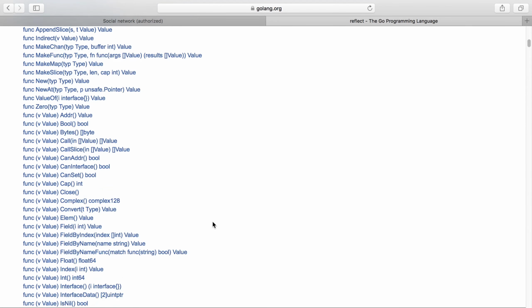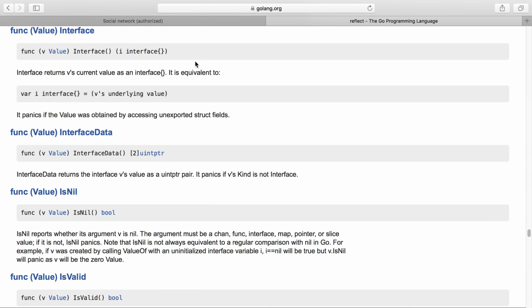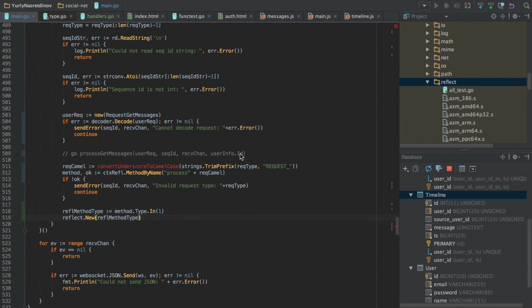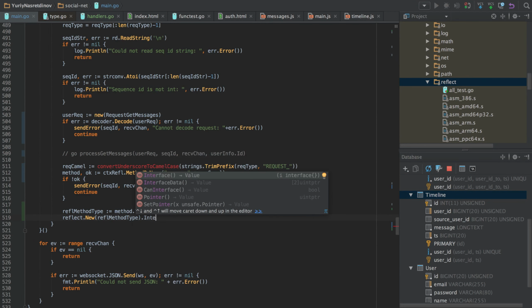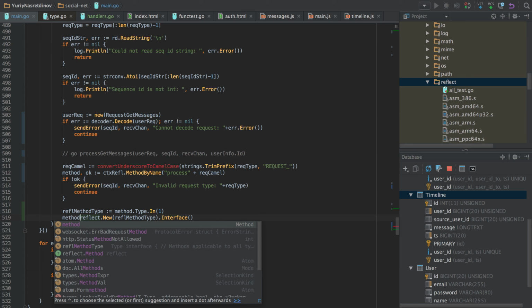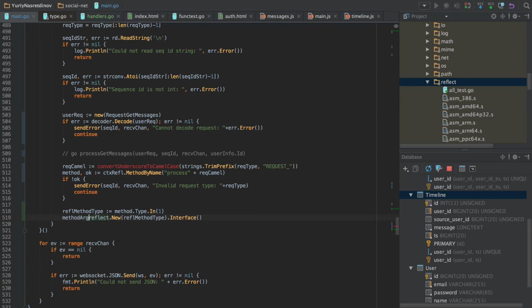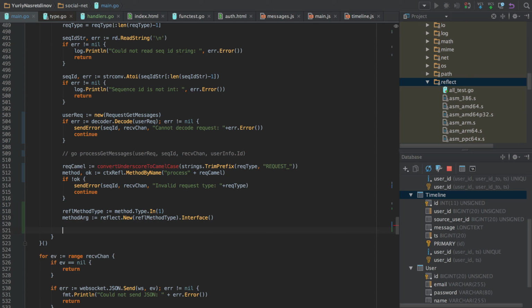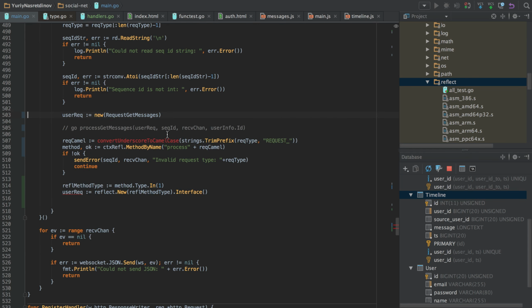And I searched for interface on how to return the real value back, and you call method Interface to do this. And this way we get the empty interface value that represents the request that was here.